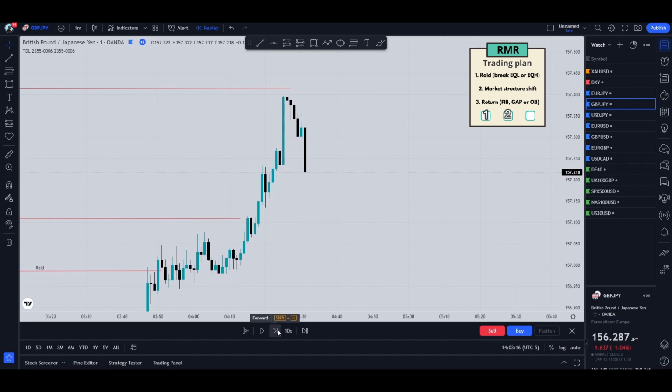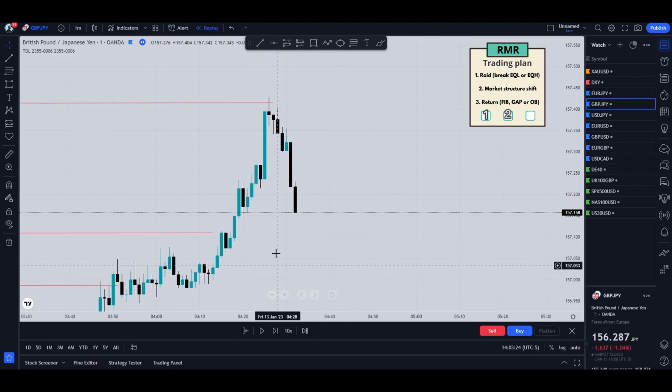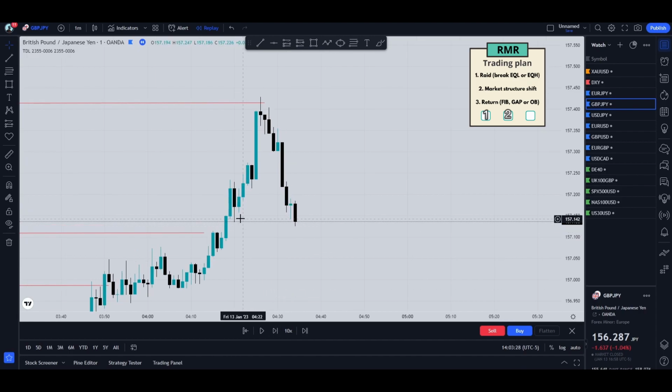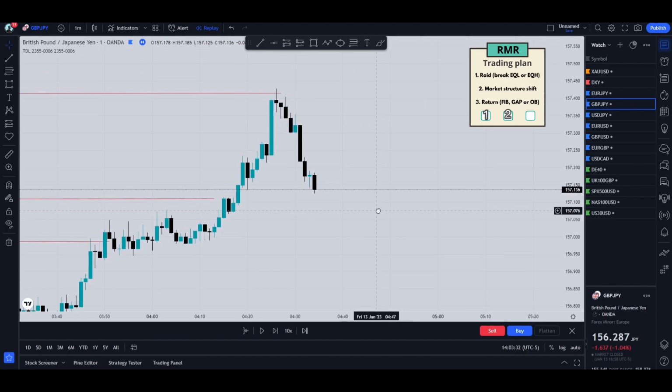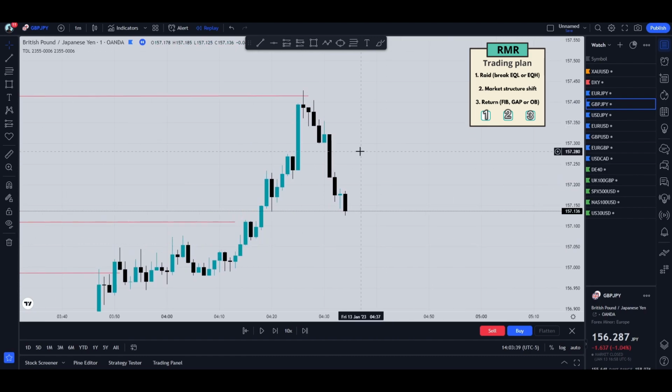So maybe we'll look for an entry. I don't think this is significant enough. I need to break this or this for me to think about getting in. So let's wait. And now we broke this one, and we also broke this one, and now I can be thinking about taking the trade. So I'll be looking for a return up to this area, and the return can be 3 places, either at the fair value gap right here,